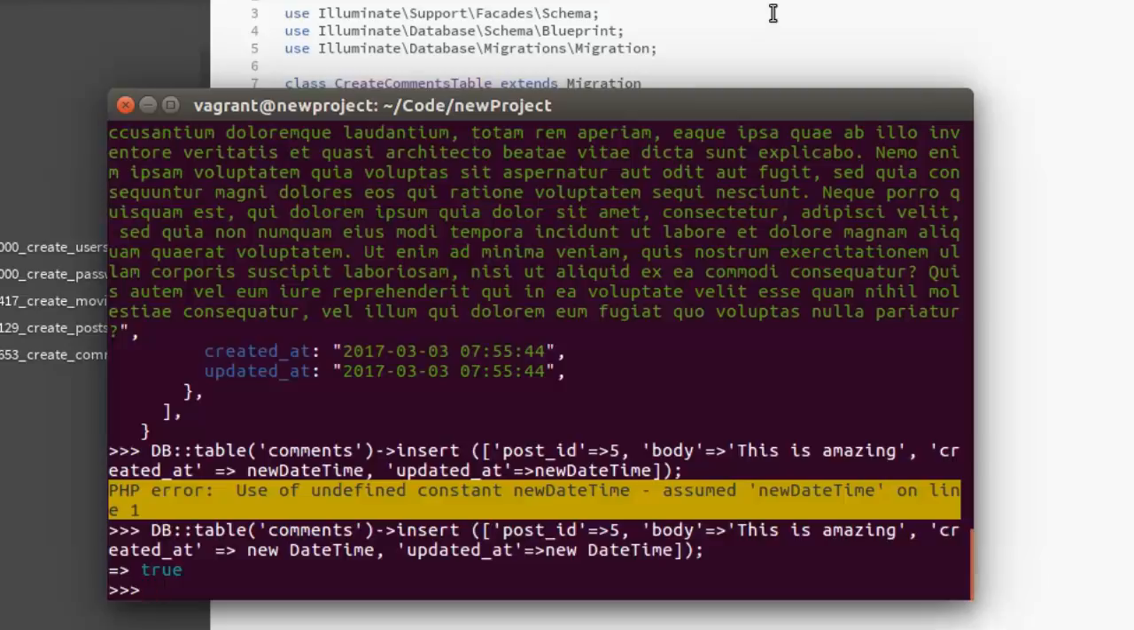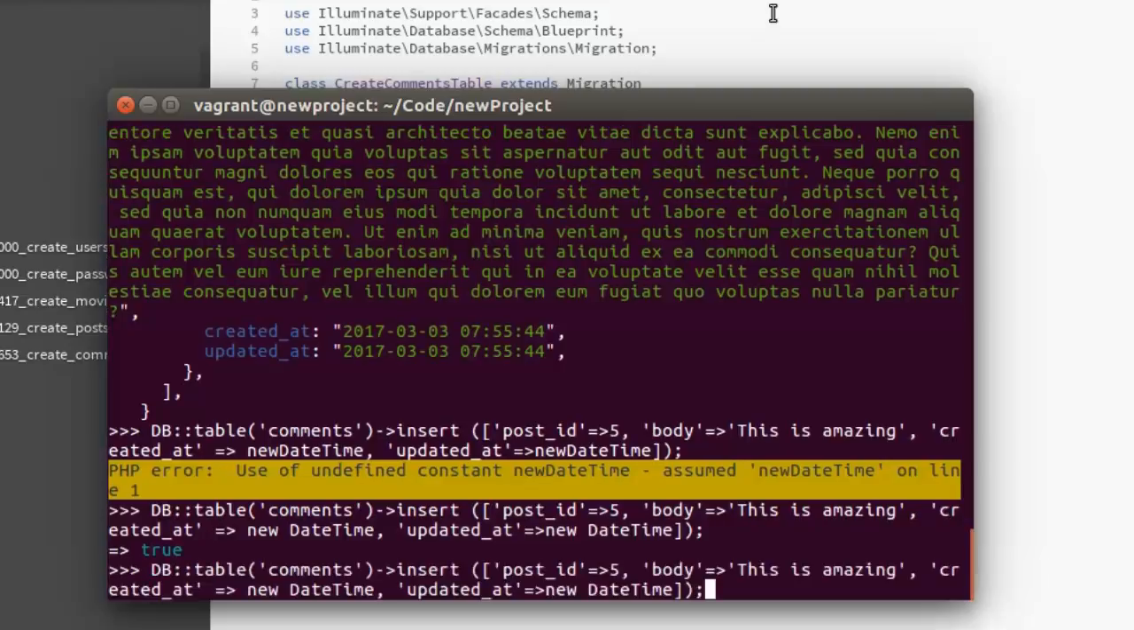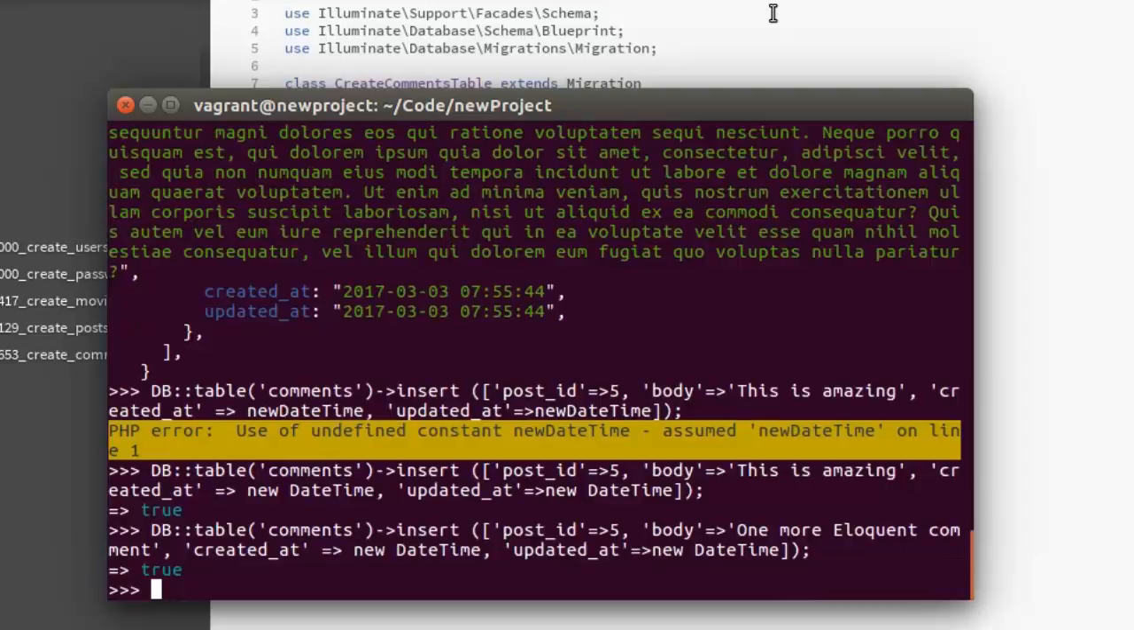Let's add one more comment to this particular post ID. So let's maintain this and let's change the body. Let's make it "Laravel Eloquent comment." That's fine. Have that set appropriately. So we can now move further by making the relationship in the post model. Since posts can have many comments, from here we're going to move to the